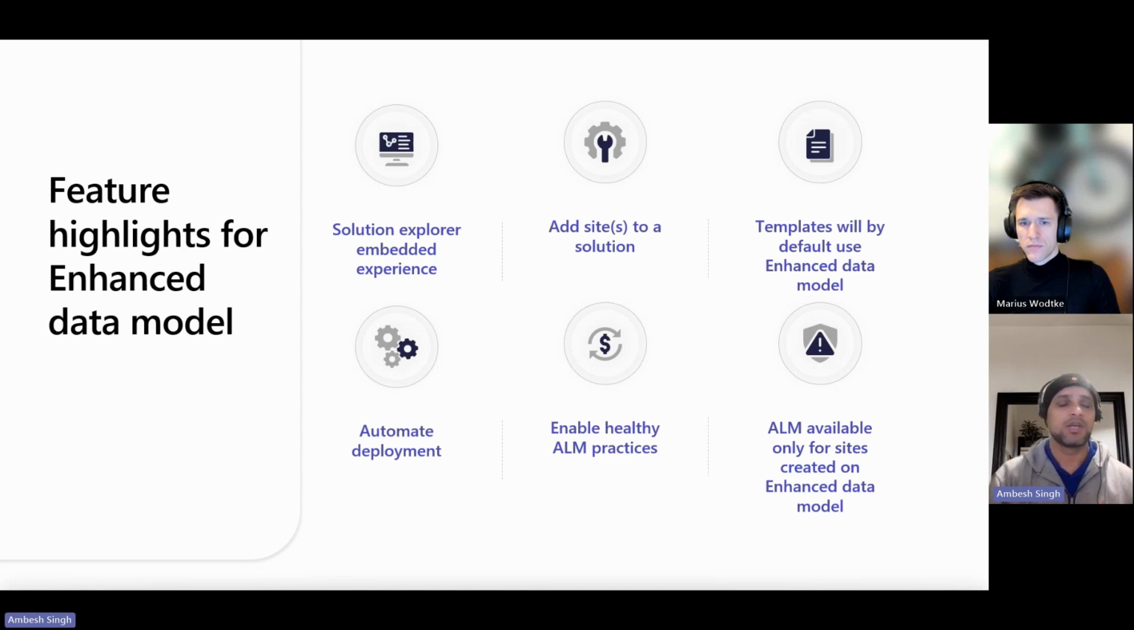Then you have a blank page, program registrations. Then you have a scheduled meeting. So this will by default use the enhanced data models. At the same time, the sites created using other templates, for example the FAQs, the community